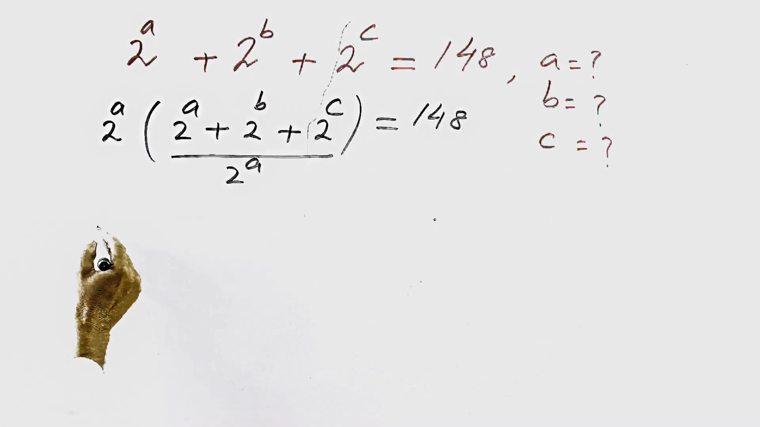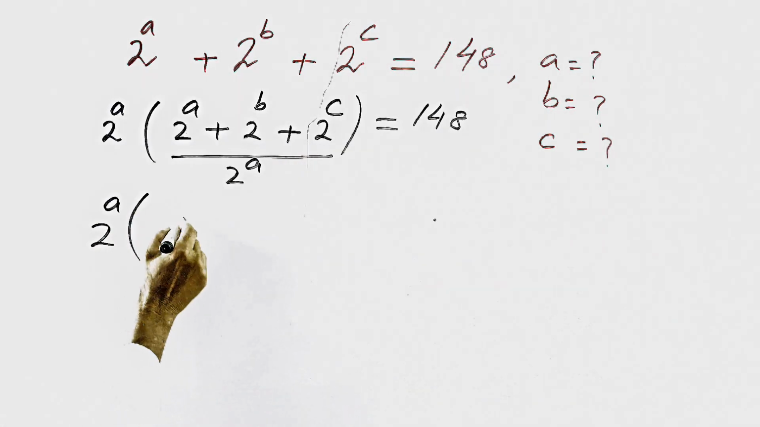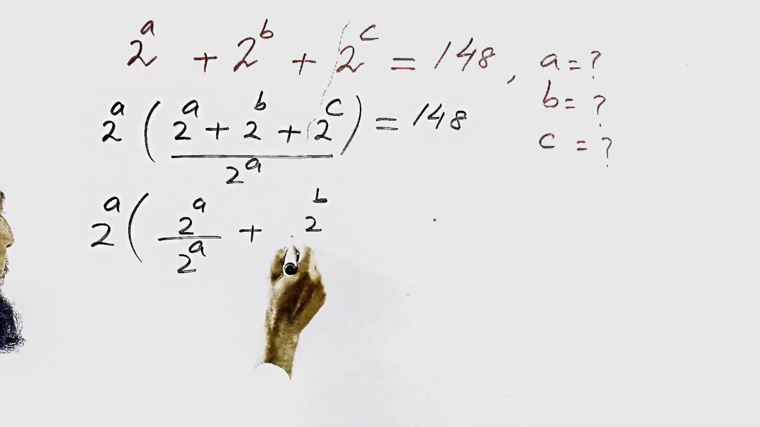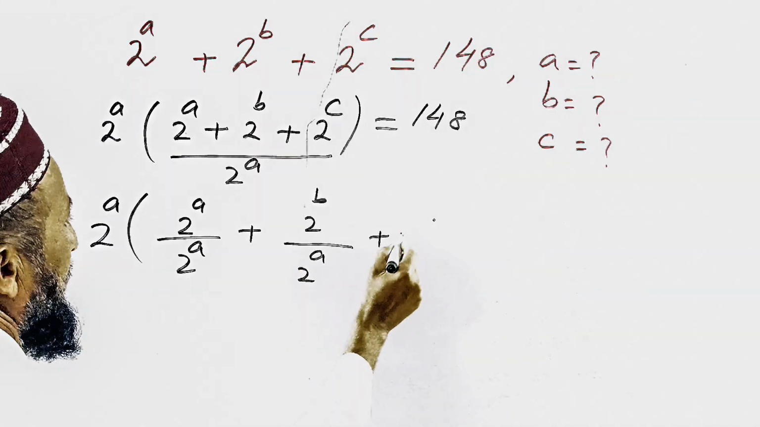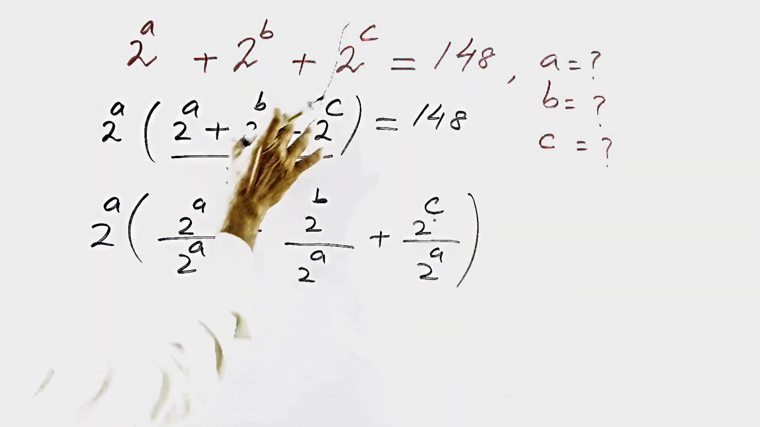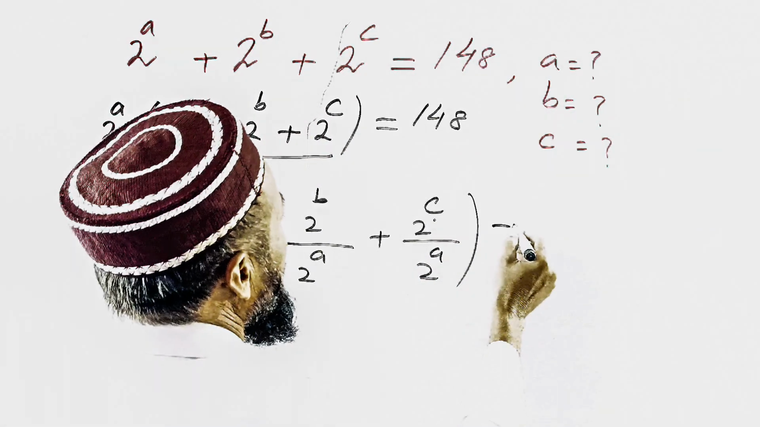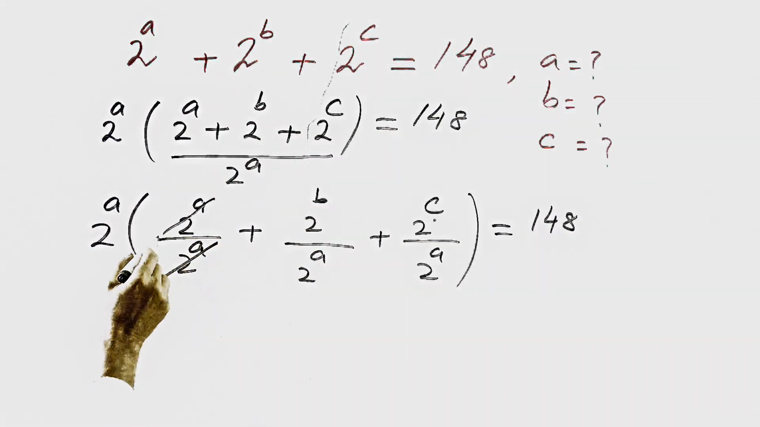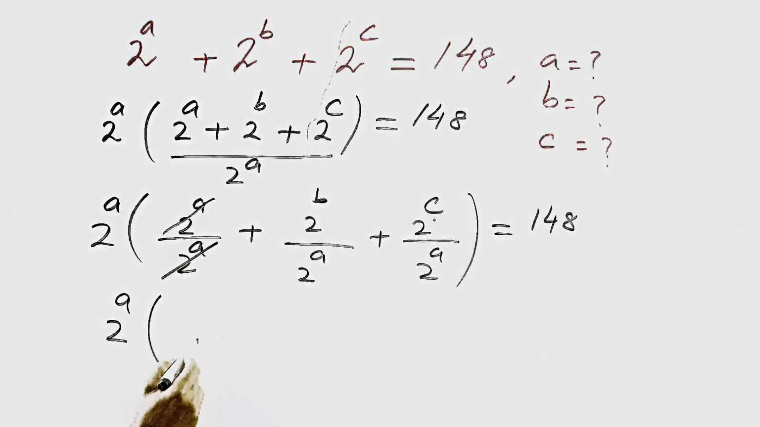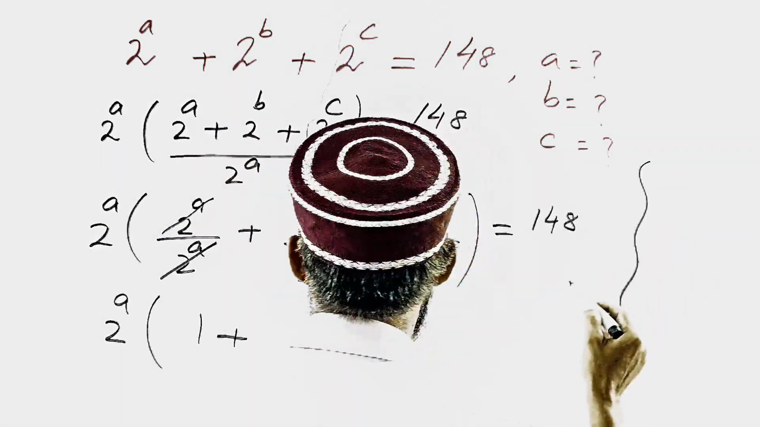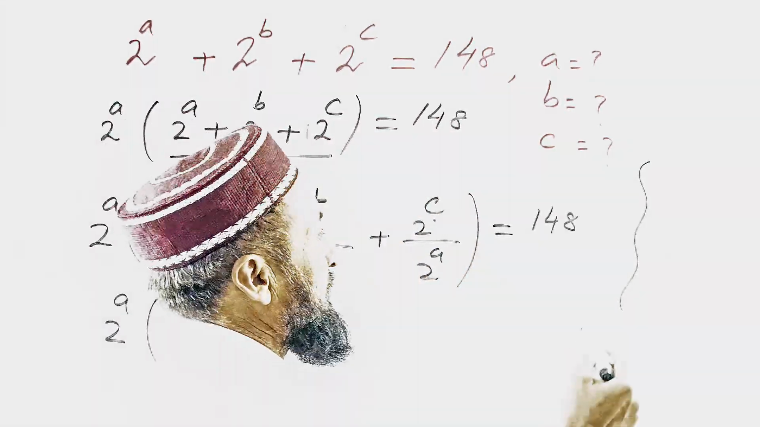2 exponent of a times (2 exponent of a divided by 2 exponent of a plus 2 exponent of b divided by 2 exponent of a plus 2 exponent of c divided by 2 exponent of a) is equal to 148. We divide each term individually. Now the first term cancels and we get 1, plus, and here we are using the base rule: when the bases are the same and the powers are different, in case of division,